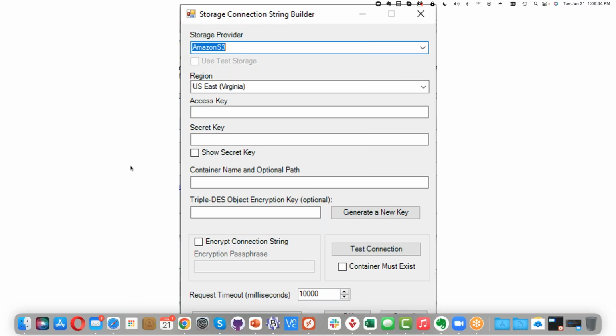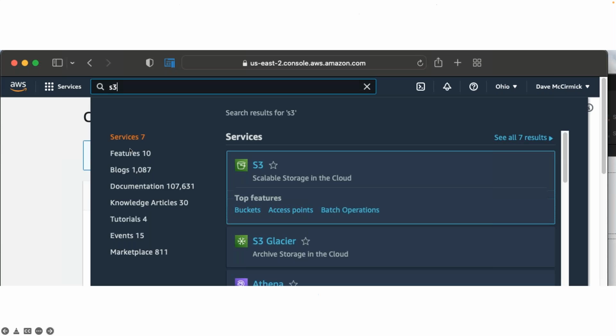Okay, so I'm going to show you now how we're going to go through the Amazon S3 process so that we can get all of this information filled out. So let's jump over to the Amazon S3 website. I'm sorry, the Amazon Web Services website. You can find that at